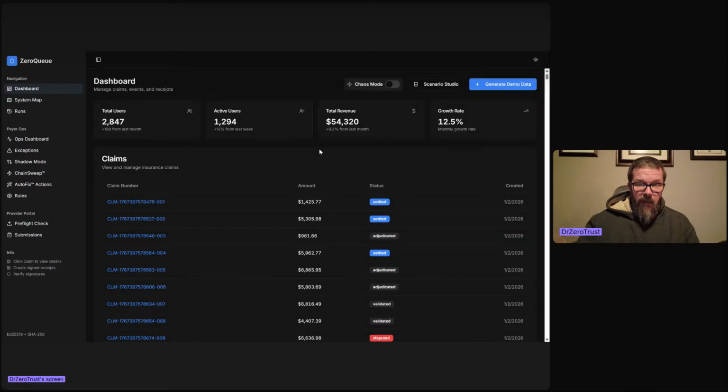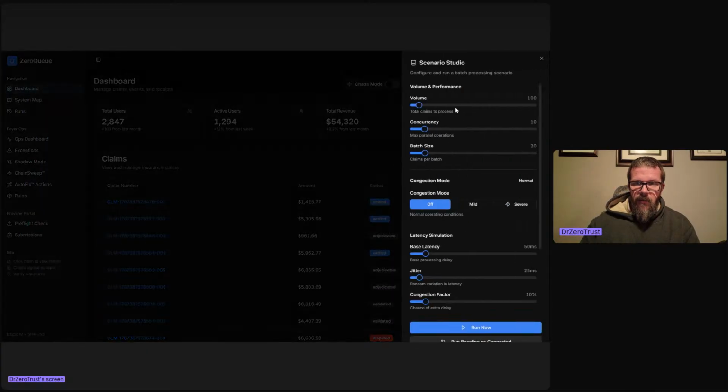You could also see that if we were trying to train our system, we could run some different scenarios. So maybe we have lots and lots of volume, lots of things that are duplicates, different batch sizes. Are things running into each other? Is there severe congestion inside of the system, etc.? But just to give you an idea of how effective this approach could be, I'm going to run it on the worst potential scenario. Lots of congestion, lots of jitter, things aren't going through very well. And we could increase the size of it.